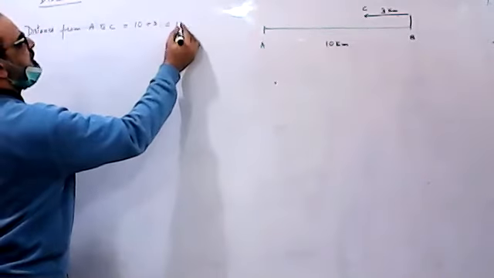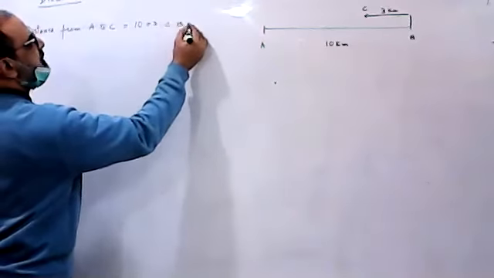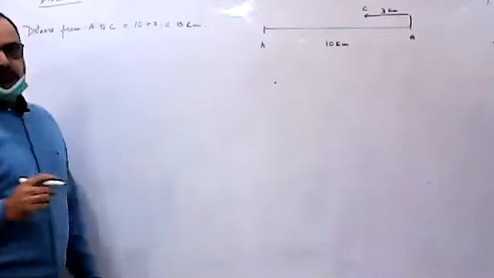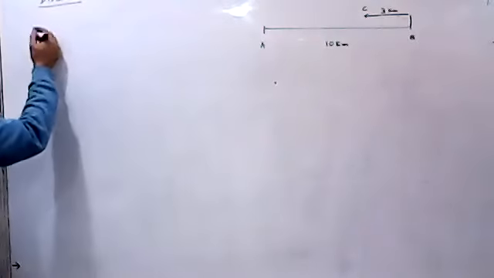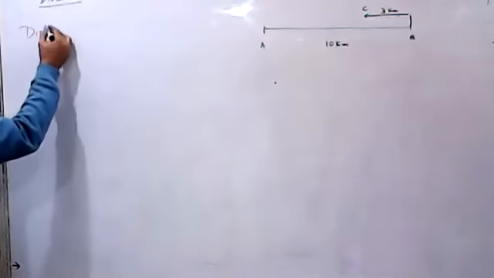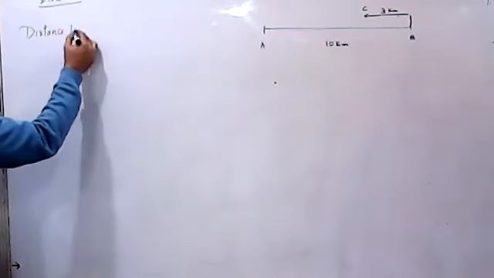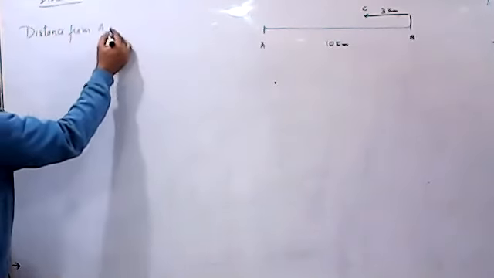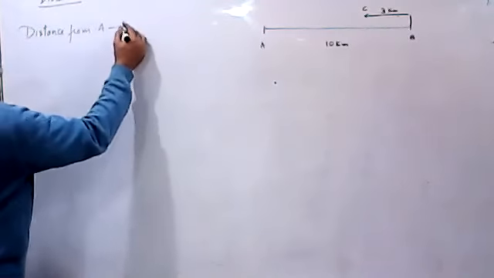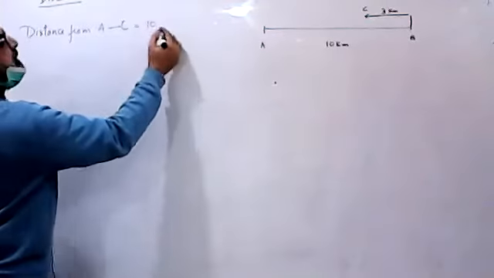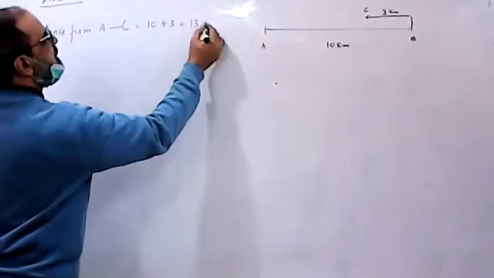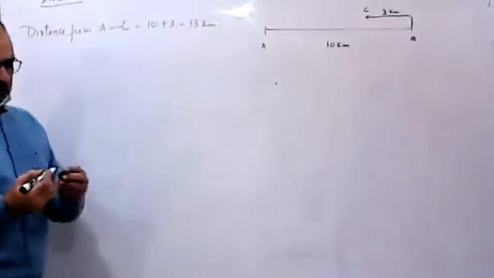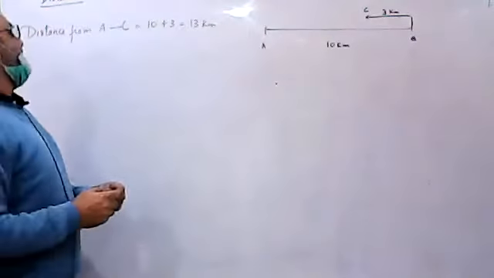Total is 13 kilometers. Distance from A to C is 10 plus 3, that is 13 kilometer, irrespective of the direction, because distance is